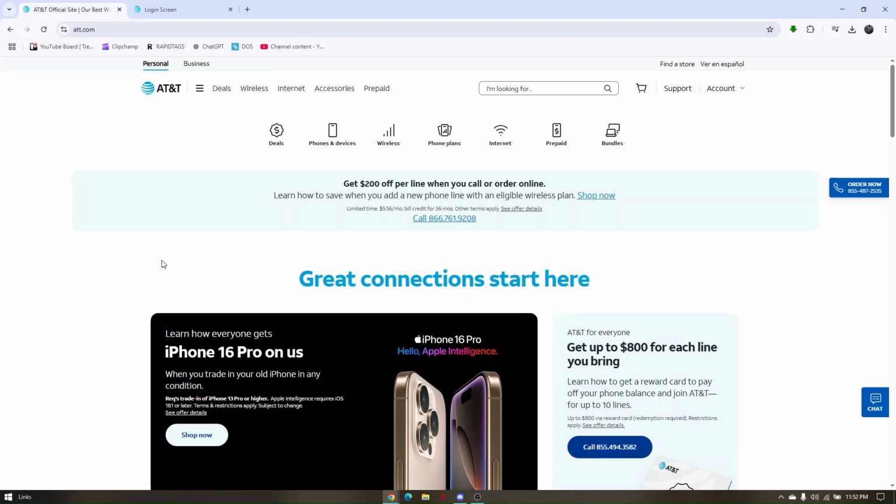Now, take note that if you would like to create an account with AT&T, you also have to make sure that you are a user of AT&T. Once you have such SIM cards or any plans that you are coordinated with AT&T, you can now